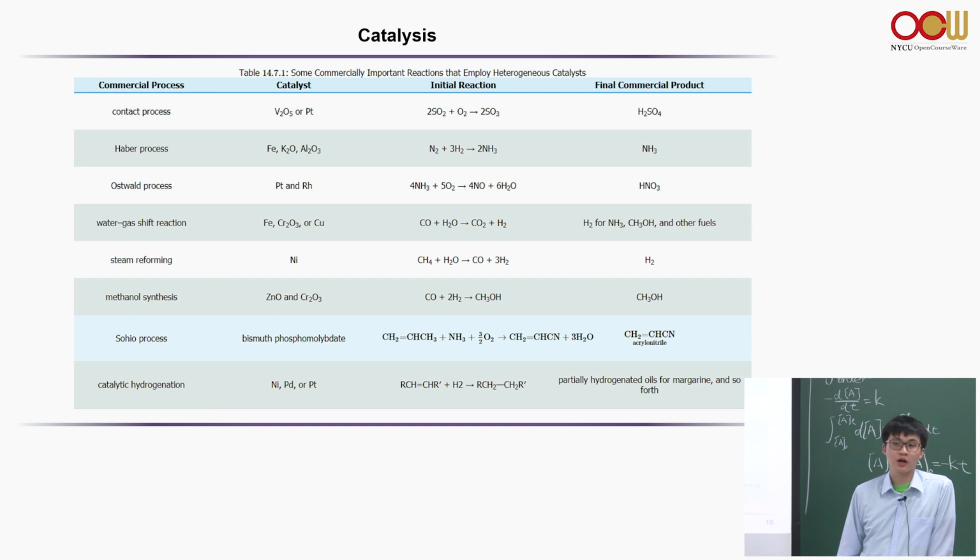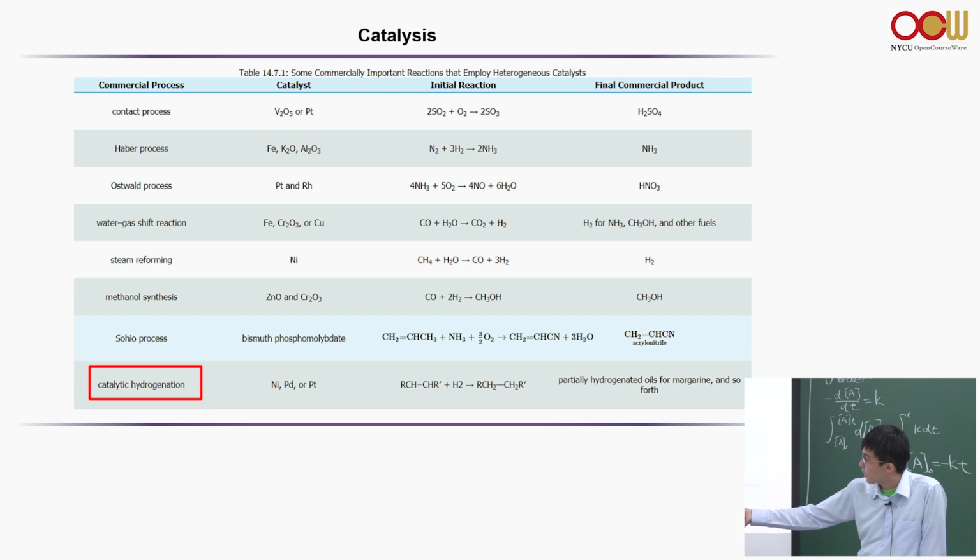So why would you care about rate law? Okay, so chemical engineers look at different conditions they use. That is pressure, right? That is the amount of catalyst they use, and that is the flow rate, and to determine how far they want to push a reaction. Because if you can push a reaction all the way to your product, then you don't have to worry about separation, but that is only the ideal case.